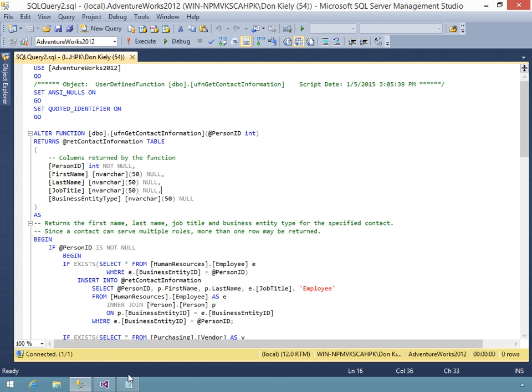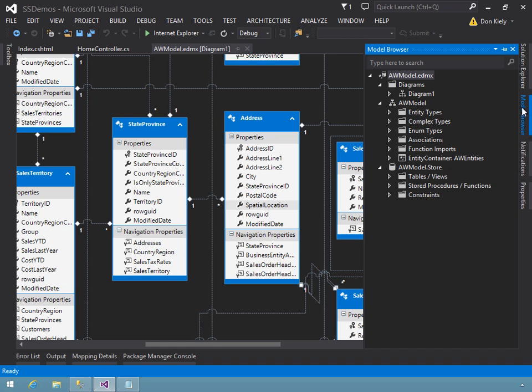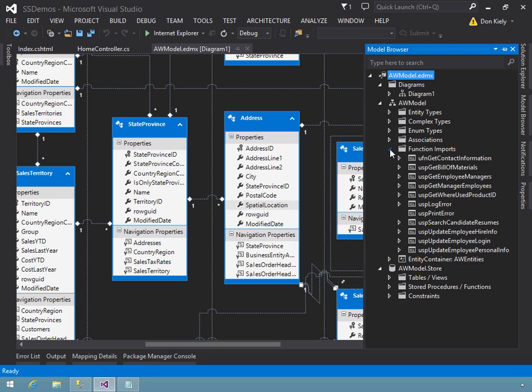All right, so let's go back over to the model here. So here I am in Visual Studio. This is the model that I created from the AdventureWorks 2012 database. And I'll go over to Model Browser. And notice that I have this function import section here. And this lists all of the functions and stored procedures that I imported as part of creating this model. I selected them all. So these are all of the stored procedures and functions that are available within the AdventureWorks